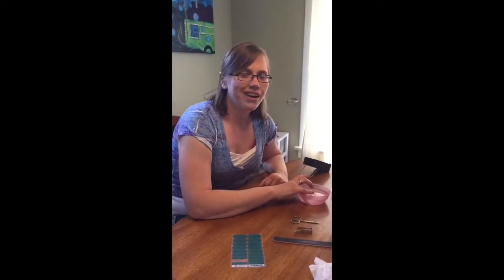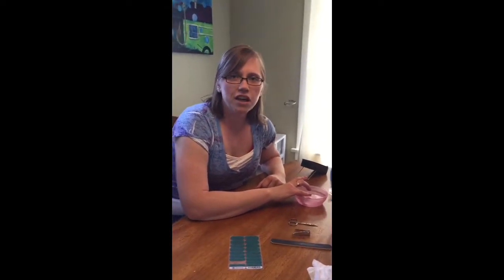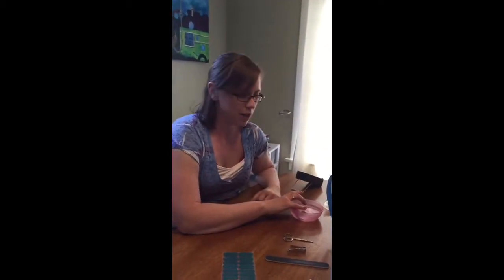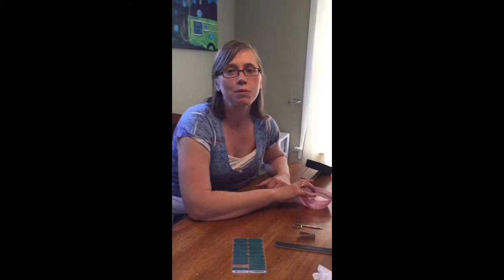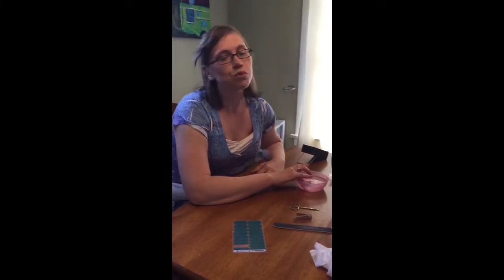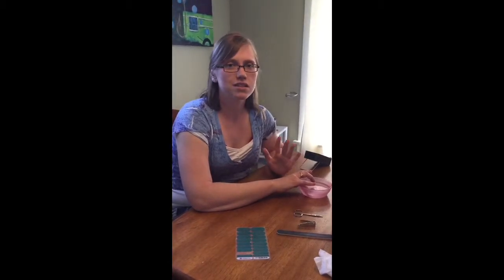Hey guys, my name's Dara and I'm your consultant for this party, and I just wanted to go through really quick how to remove and put on your Jamberry nail wraps, because I know that is where most people have hesitation. They're worried they're going to screw them up or that they're going to take a lot of time. So just really quick, I want to go through exactly how easy it is to take these babies off and